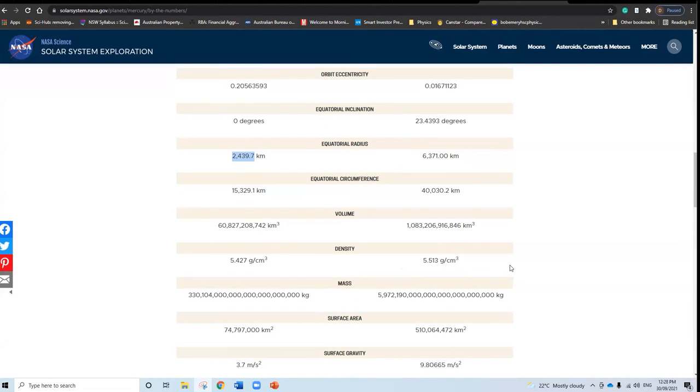Because this is written in kilometers, we have to convert them into meters because the model works only in meters. So there's a couple of ways you can do it. You can find a converter online, or you can use your intuition and understand that there is 1,000 meters in a kilometer. So that means all you have to do is add an extra 3 zeros to that decimal points. So let's say the radius we determined was, or we figured out was this